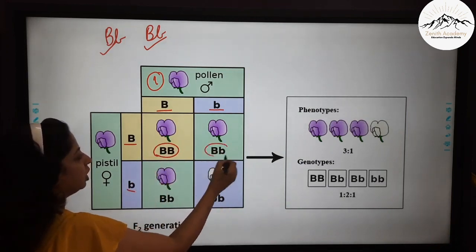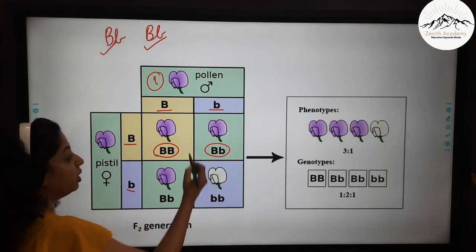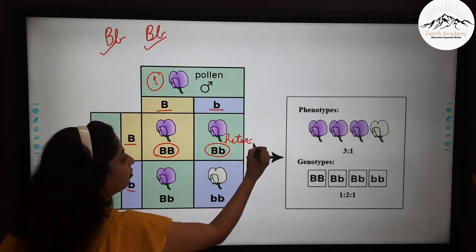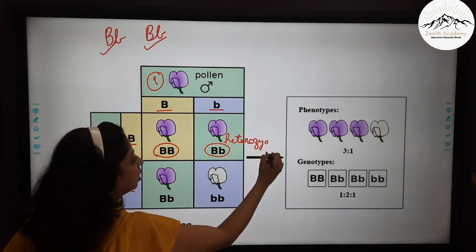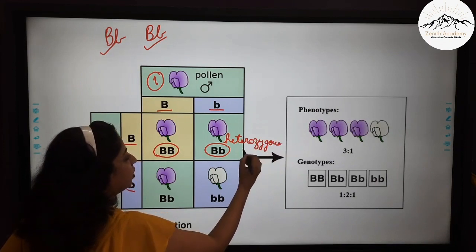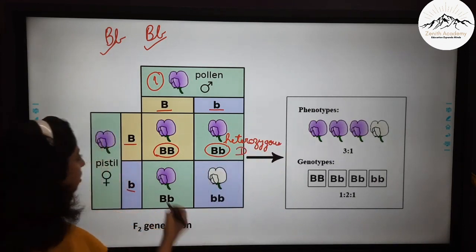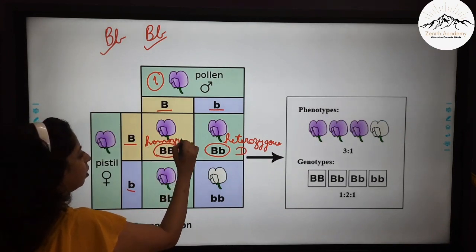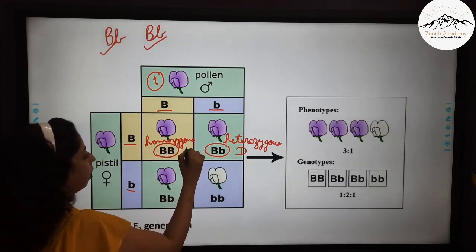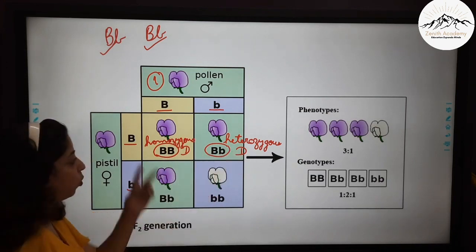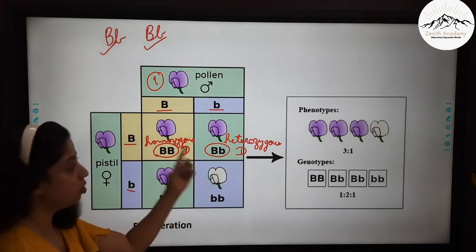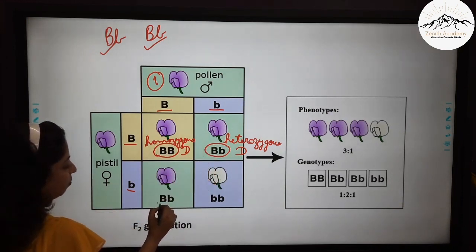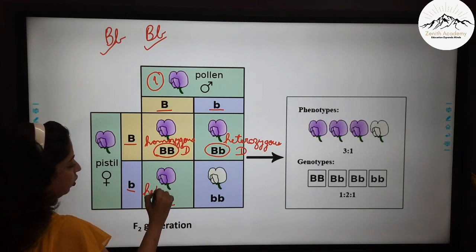Here when you see that we have taken this small b and this capital B, this is heterozygous. Why? Because both are different. So heterozygous, and it is also dominant. So I am writing D. Okay. So this was homozygous dominant. This is heterozygous dominant. So both of them are showing dominance. So both of them are purple color. Here also you can see one capital B and one small b. So this is also